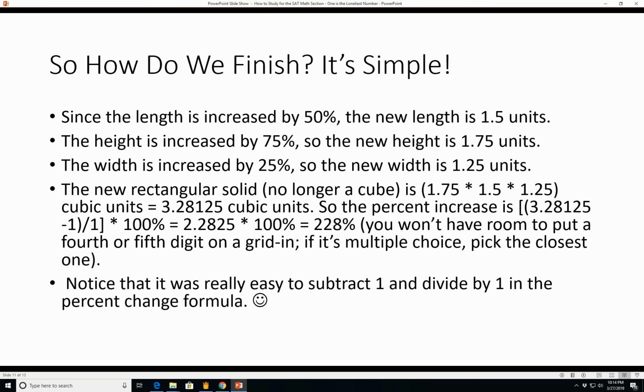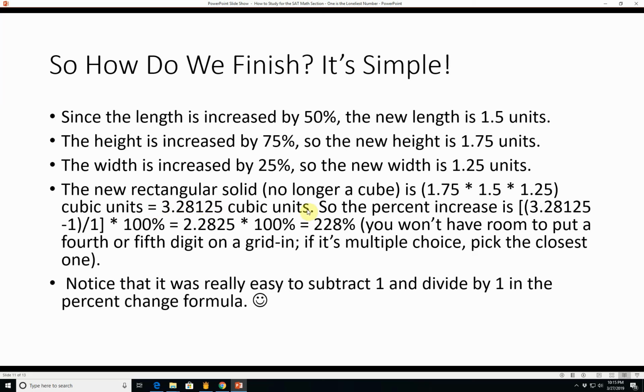So how do we finish? It's simple. Since the length is increased by 50%, the new length is 1.5 units. Since the height is increased by 75%, the new height is 1.75 units. And since the width is increased by 25%, the new width is 1.25 units. So the new rectangular solid is no longer a cube since the sides aren't all the same length anymore. It's going to be 1.75 times 1.5 times 1.25 cubic units,